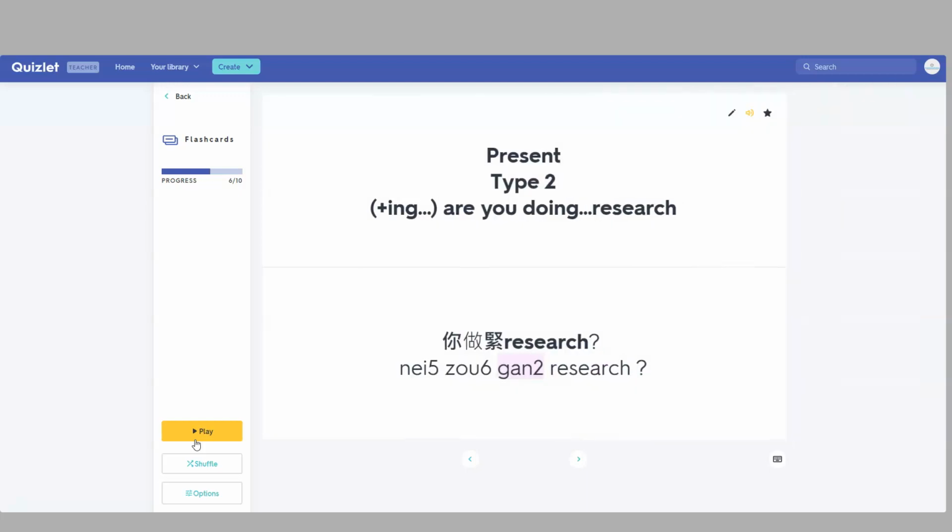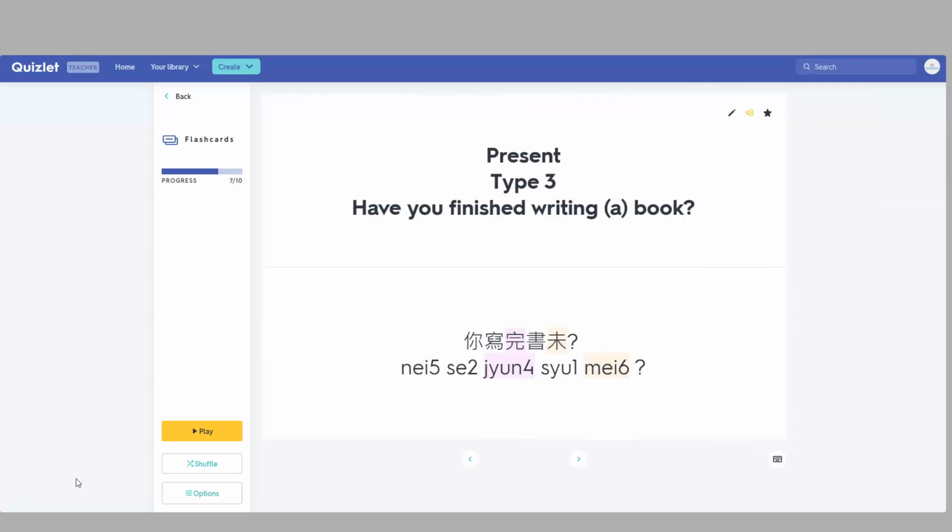Present type 2. Are you doing research? 你做緊 research？ Present type 3. Have you finished writing book? 你寫完書未？